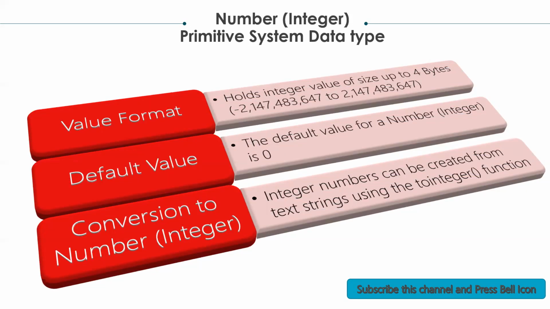Number integer. It holds a value of size up to 4 bytes. The default value is 0. When a value that exceeds the number integer range is converted to number integer from a string in an engine server, that excessive value is changed to the maximum value. When an arithmetic operation creates a number integer value that exceeds the type's limit, the value wraps.